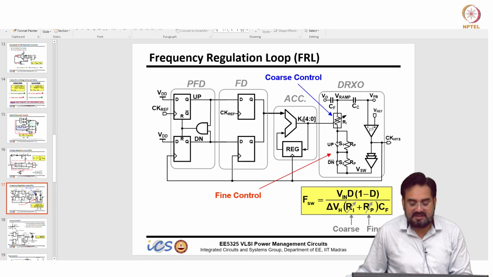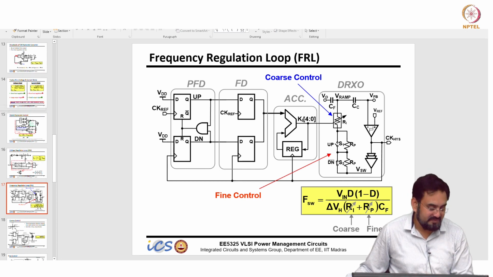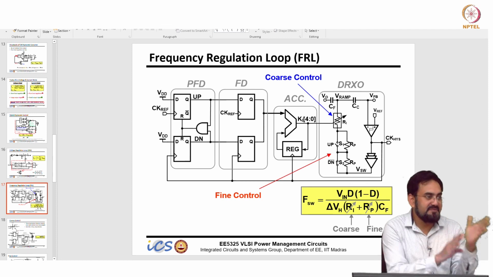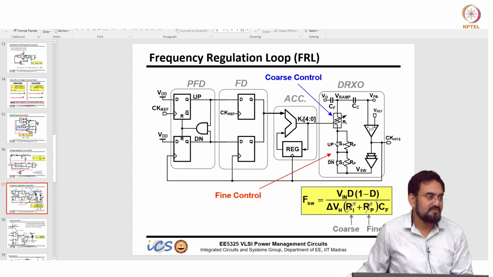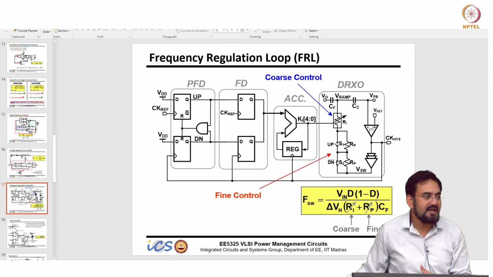We have split this resistor into two components. This one is controlled by simple digital bits, and this one is controlled by up and down, which are nothing but PWM. Why is it PWM? What happens when there is a difference in the frequency between your reference and feedback clock? This is your feedback and this is your reference, and based on the phase difference between the two, it generates up or down. Up and down means one will be 0, the other high, and the pulse width will be defined by the frequency difference.